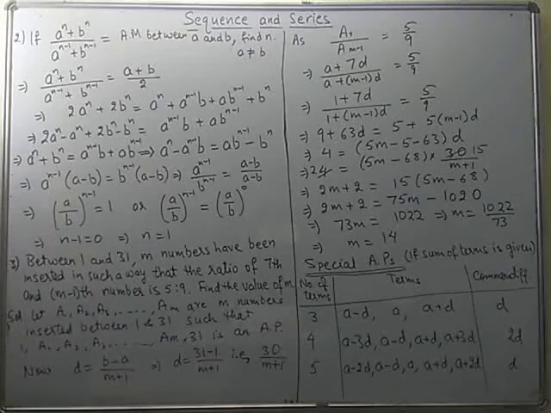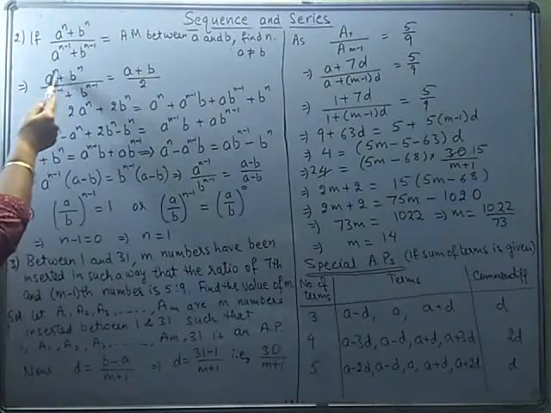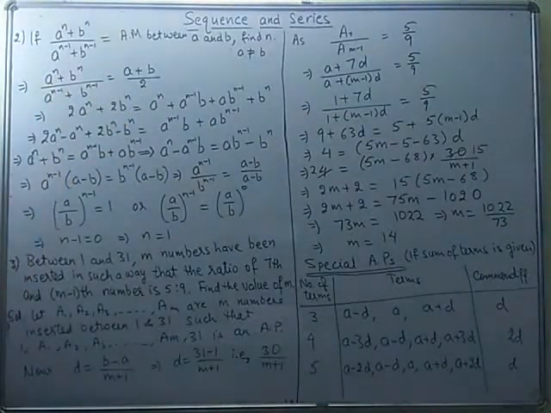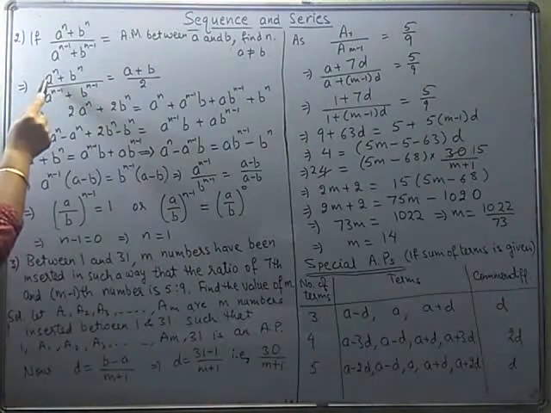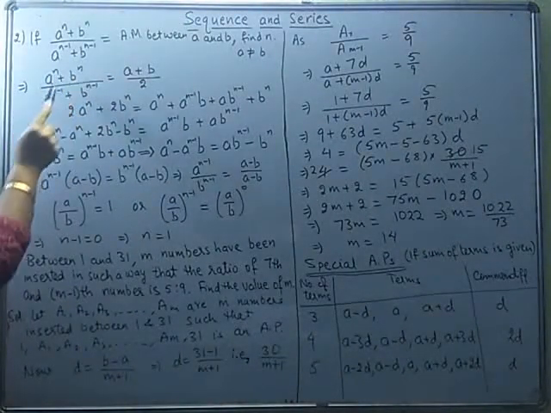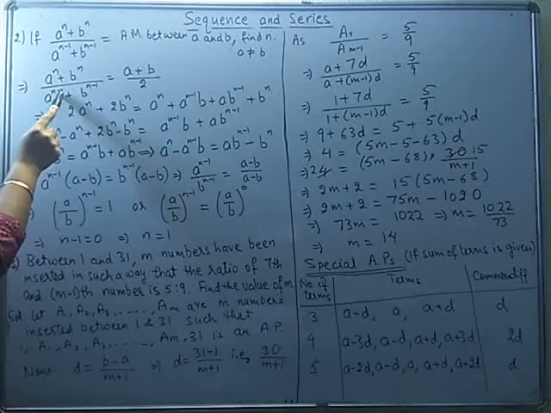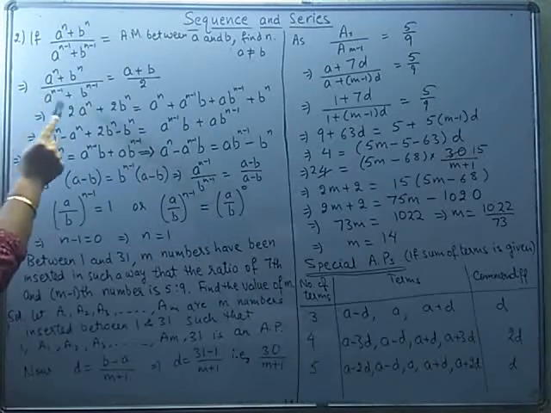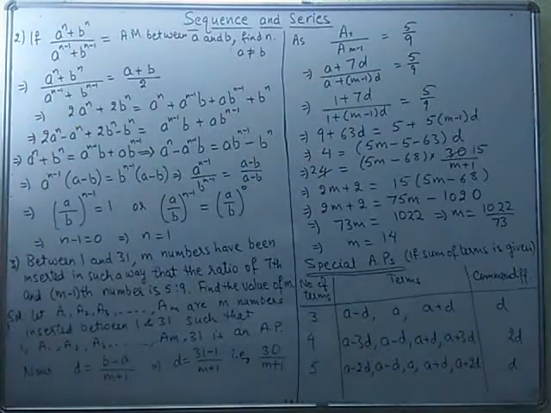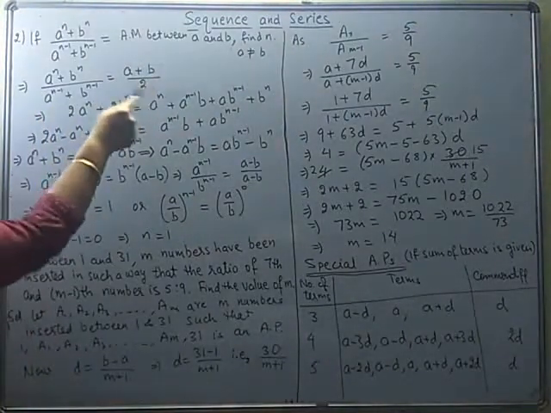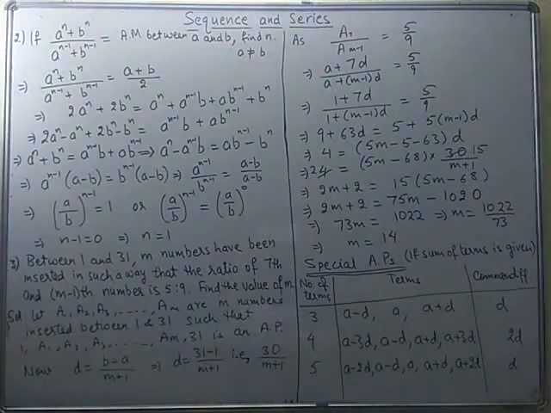You can verify your result also with n is equal to 1. If you replace n by 1, you will get the expression on the right hand side only. This will become A, this will become B. And this will be A to the power 1 minus 1, that is 0. So A to the power 0 is 1. This is B to the power 0, which is 1. So 1 plus 1 will reduce to 2. That is the term on the right hand side. So the value of n is 1.